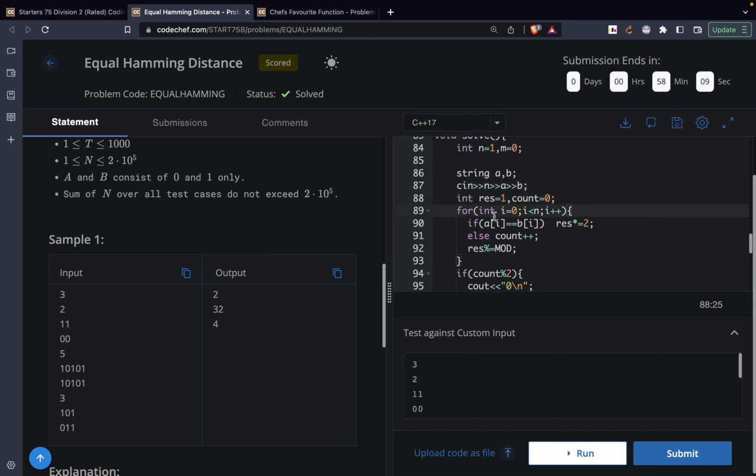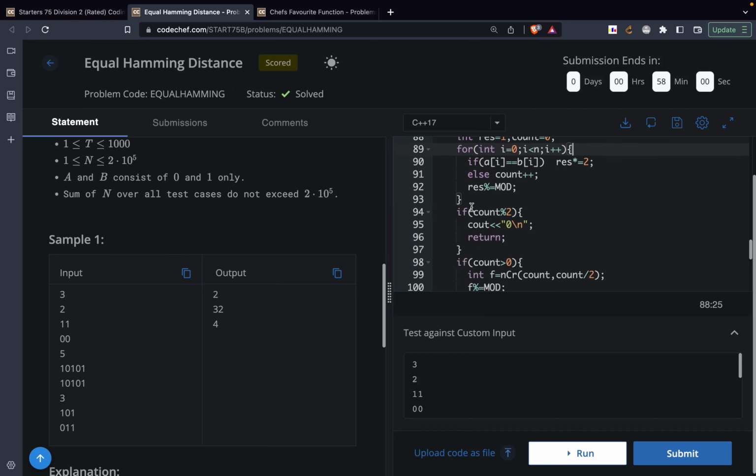If the value of a and b is equal, then I'm multiplying my result by 2. Else I'm incrementing a count variable by 1. After that I'll check, because there's one edge case. If the number of bits that are different, the count, is odd, in that case my answer cannot exist, because what would happen is, if the number of bits is odd,